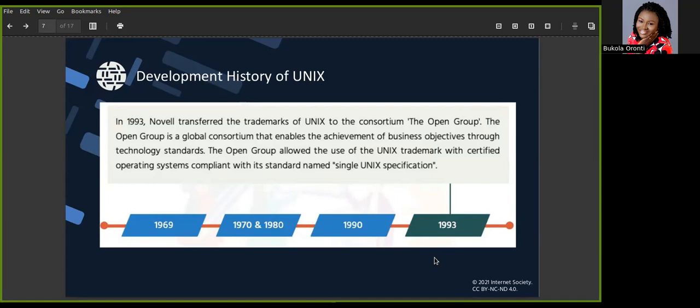So for any Unix operating system or Unix variant to be able to use the Unix trademark, they have to be certified using the SUS standard. If it's not certified to be using the SUS standard, then they can't use the Unix trademark. And that is why they are referred to as the Unix variant. Now, if they do not conform with this standard, they are referred to as Unix-like.